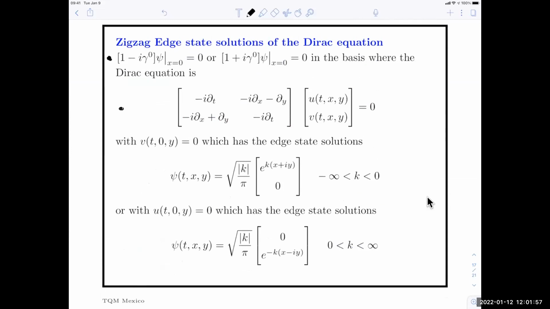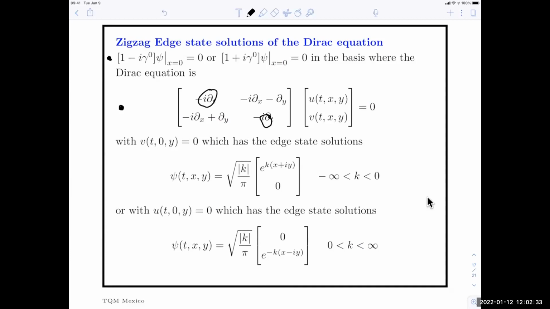Okay, so here's a massless Dirac Hamiltonian. I want to look for zero energy modes. That means static things, so you can kill the time derivative here and here. And then you see that these are something like d by dz bar, derivatives by complex coordinates on the two-dimensional plane. And so you can easily find these sort of chiral solutions of the above equation, which depend only on x plus iy or x minus iy in the appropriate place in the spinor.